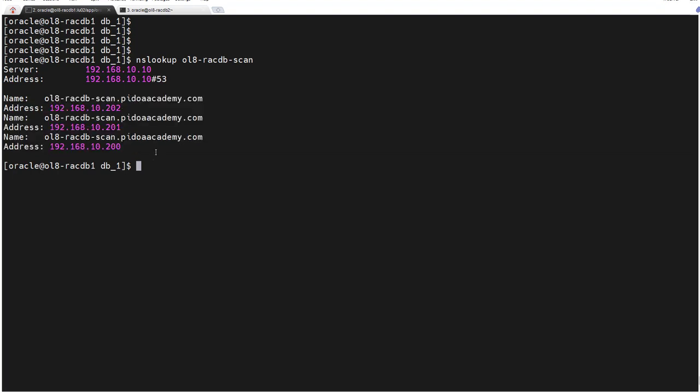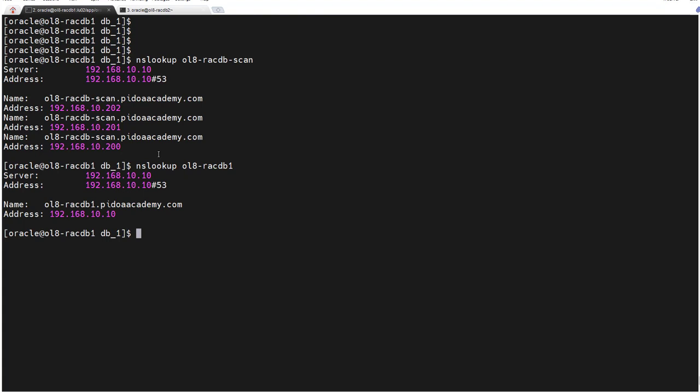So we need to do this DNS configuration. If you do nslookup on the first node, it will resolve with my public IP of the first node. I'm using the first node as my DNS server.